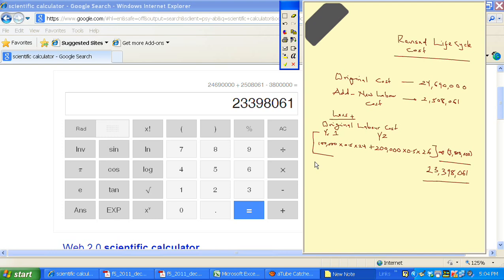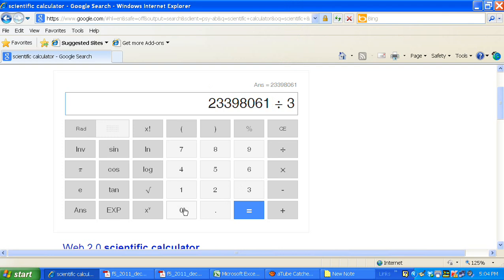So the revised life cycle cost will now be this figure here, divided by, remember we were dividing by 300,000, to give you